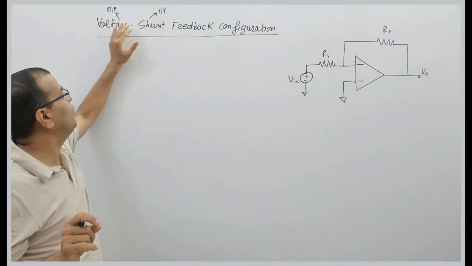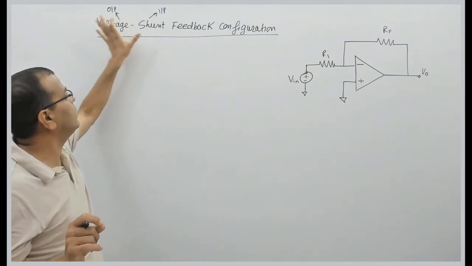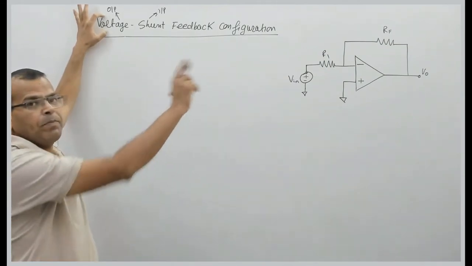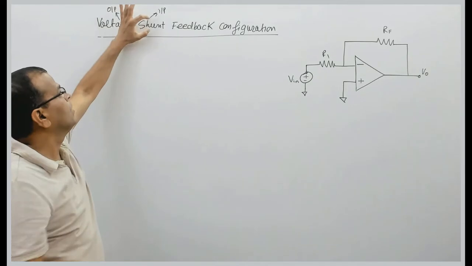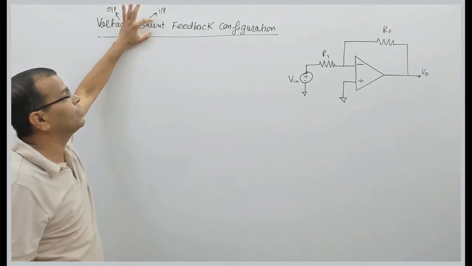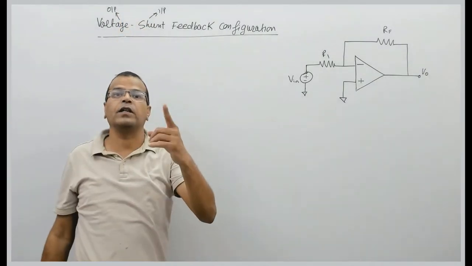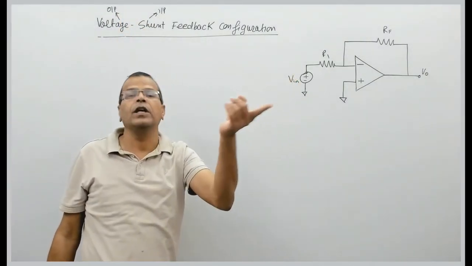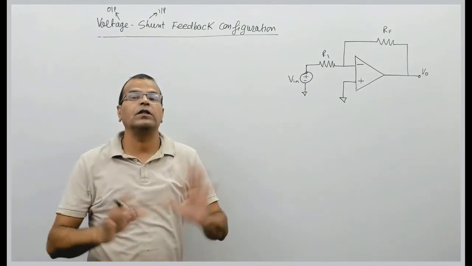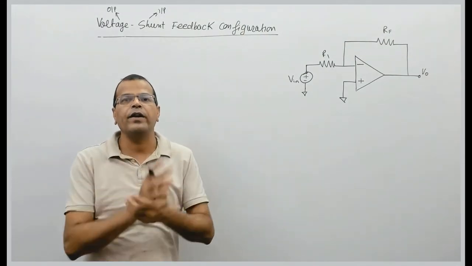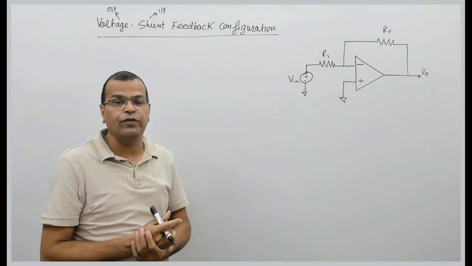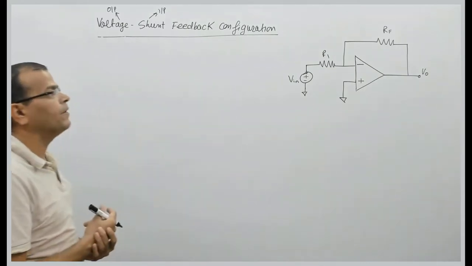So just a review of that. The first word in voltage shunt feedback topology indicates output. So the output of the amplifier is output voltage. The second word, that is shunt, stands for current on input side. So shunt on input side is current, shunt on output side is voltage, series on input side is voltage, series on output side is current. This is how we identify the signals at input and output side of an amplifier in feedback amplifiers.